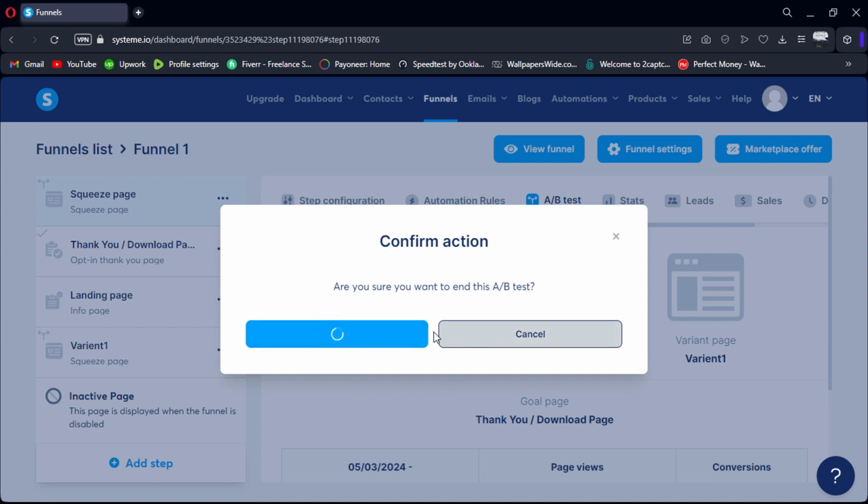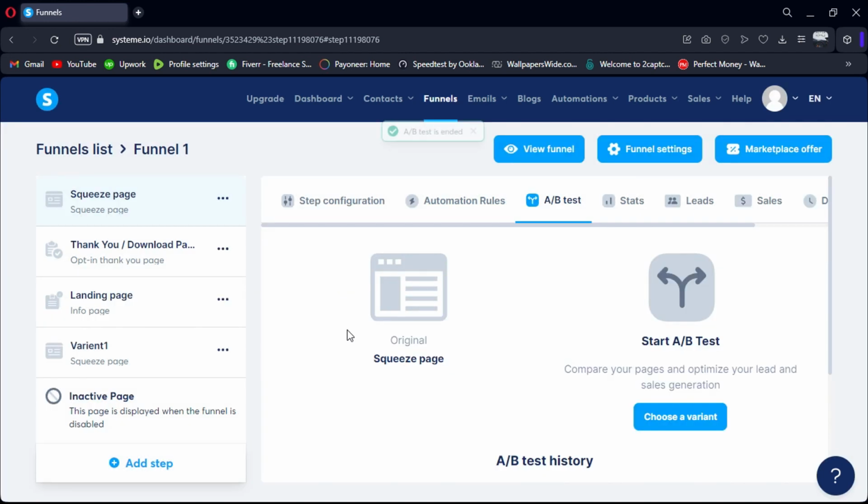And that's it. With Systeme.io's A/B testing feature, you can optimize your landing pages for better performance and drive more